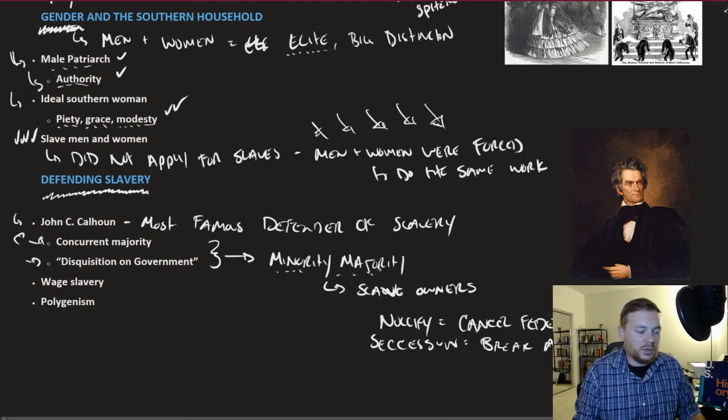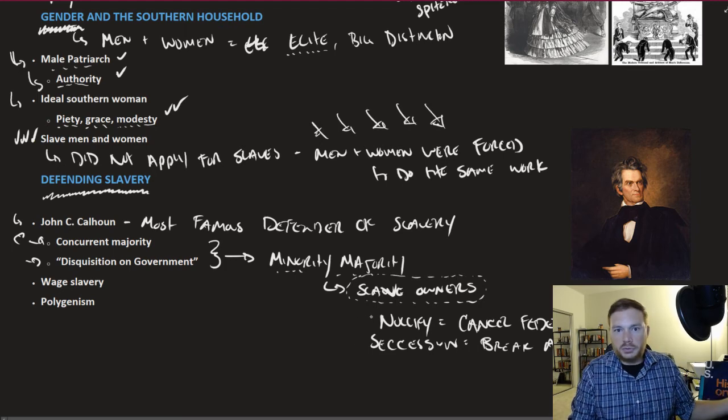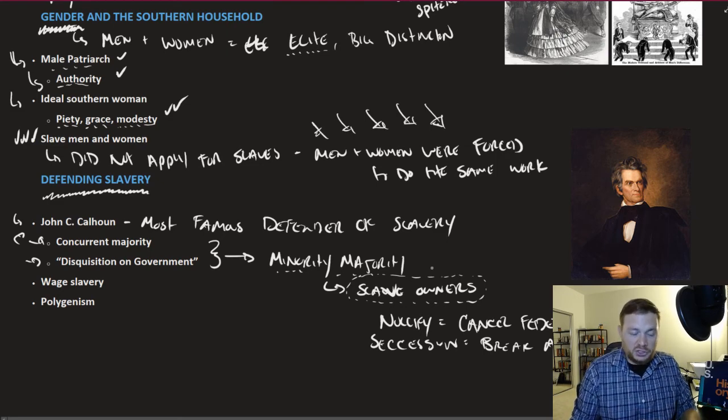And what Calhoun is arguing is that this group, the slave owners, which again, they're not a majority because Northerners are the majority, right? But they're a majority in the South, they're a majority in a specific part of the country, that if their right to own slaves is threatened, they should be able to band together and mount whatever resistance to that it is. So this would be a political argument in favor of it.